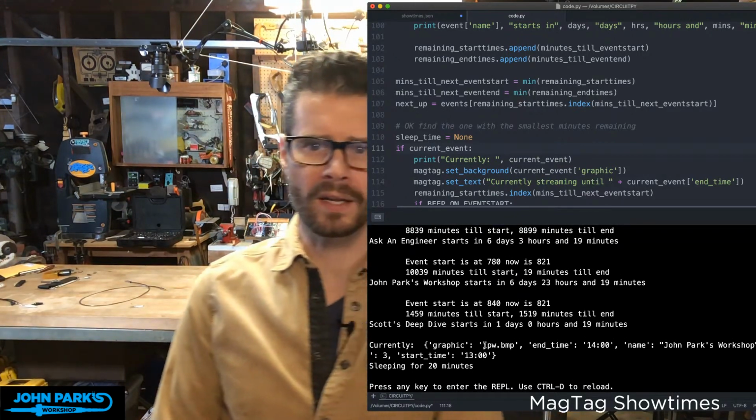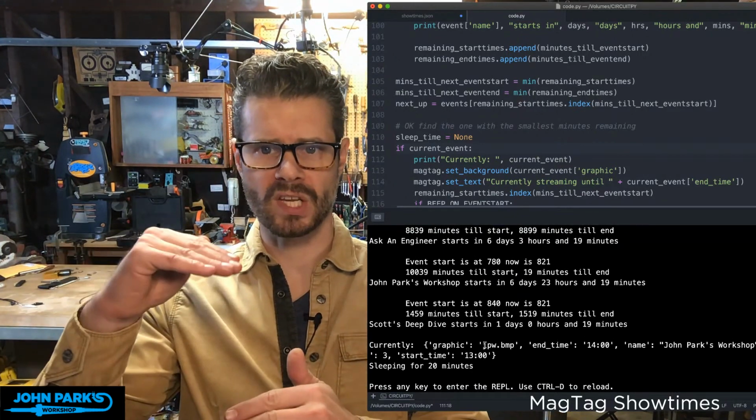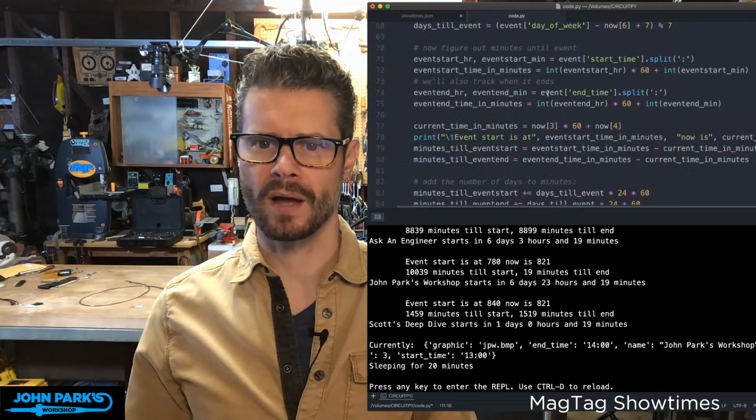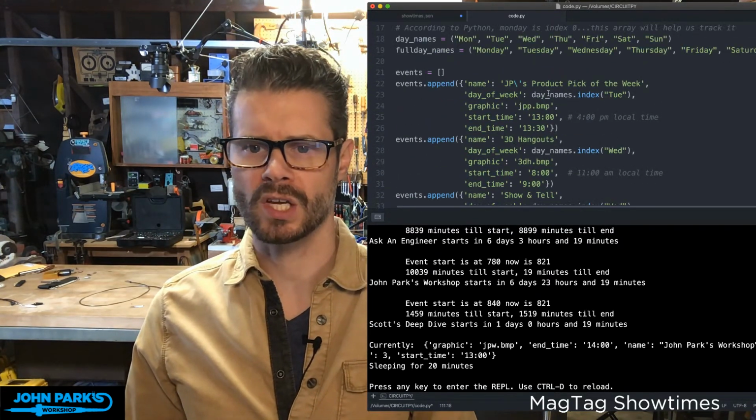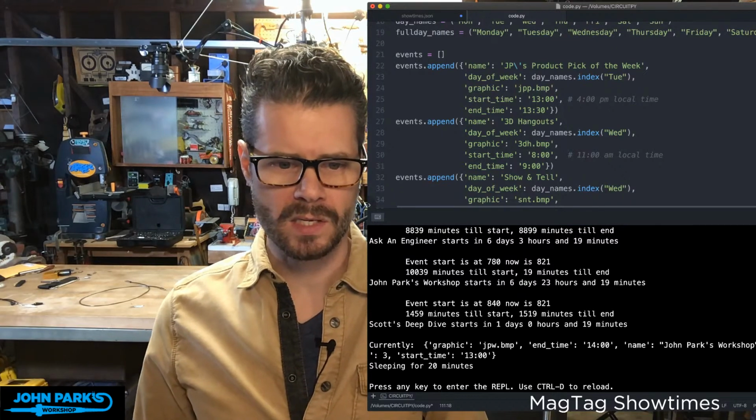I'm going to work on, like I said, using JSON and parsing it differently internally so that we don't have this big list up here of events, so you just have one simple file to go and adjust. And then